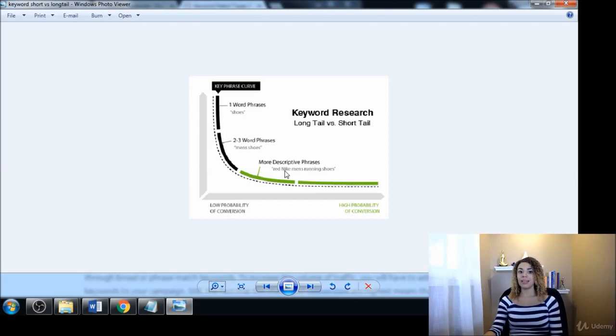And we're going to be talking about that later on in this course, in case you're not quite familiar with what the customer buying phases are. Stay tuned for that later in this course, and you can review that there. So that has been the 2 main types of keywords.